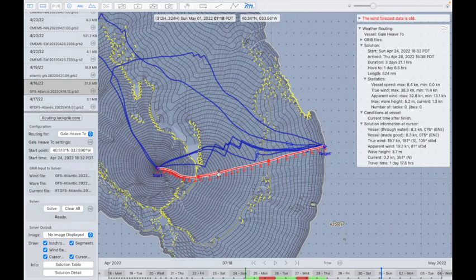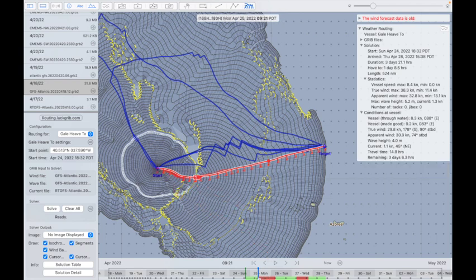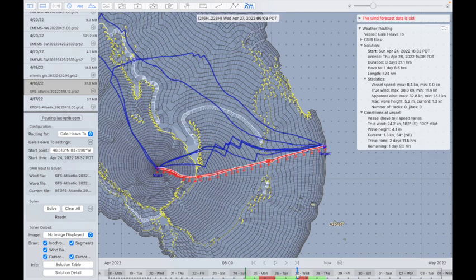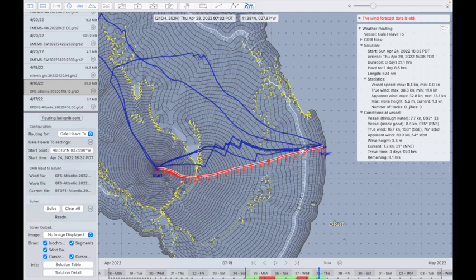And I made the vessel red, so it stands out. So it finds a solution. In this case, it's able to continue sailing from the start point, and it enters a hove to section here. So looking at the timeline, this is the first red group. So it just hove to, and hoves to for a while, and it sails again, and then it heaves to again, and then it continues sailing. And this solution, if I look at this one and compare it to some of the others,